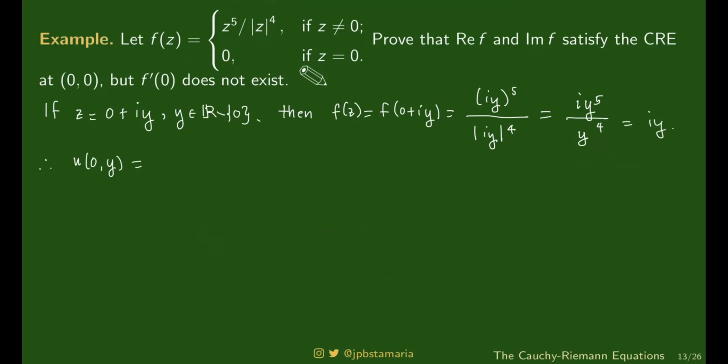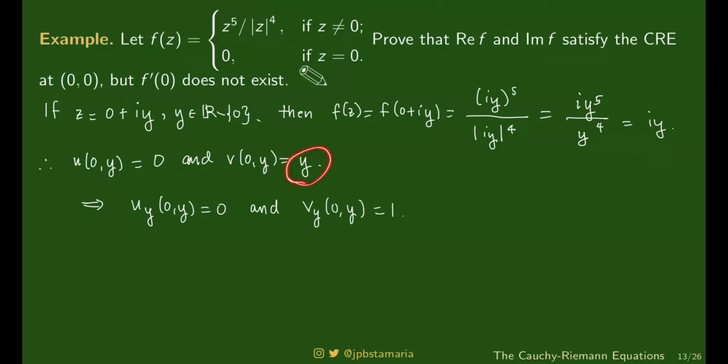The u of 0, y is 0, kasi wala ka namang real part dito. Pero ang imaginary part mo ay y, yung katabi ng i. Kung ano yung katabi ng i, yun yung imaginary part. So using a similar computation just like before, magpa-follow na ang partial derivative with respect to y. Yung u_y, parang yung derivative mo na lang with respect to y. Tapos yung v_y, yung v of 0 comma y, is just 1, kasi dinidifferentiate mo na lang ito with respect to y. Parang ganun yung idea niyan.